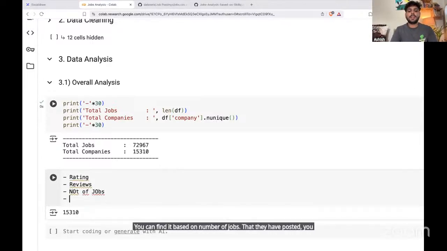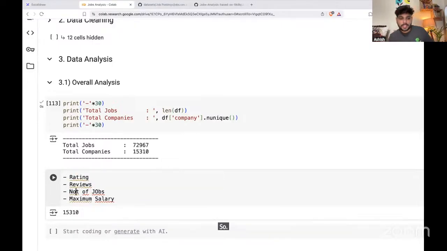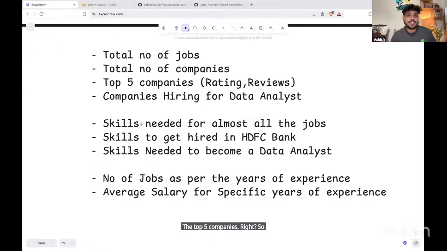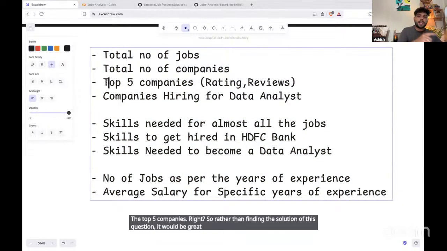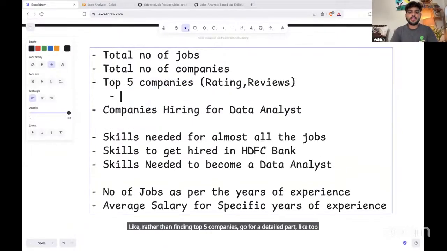You can find it based on the maximum salary that they are giving. So there are a lot of factors based on which we can find the top 5 companies, right? So rather than finding the solution of this question, it would be great if you can go back and find a better KPI. Like rather than finding top 5 companies, go for a detailed part, like top 5 companies based